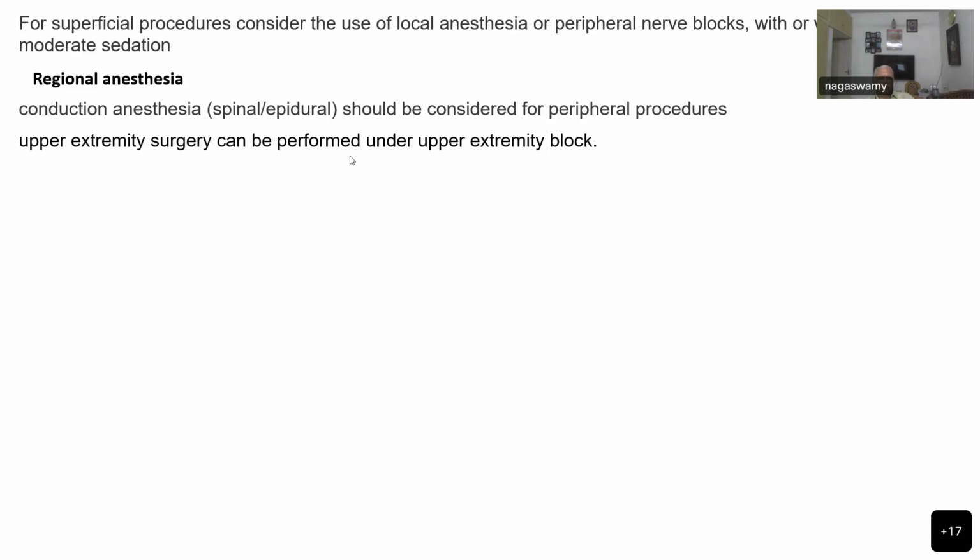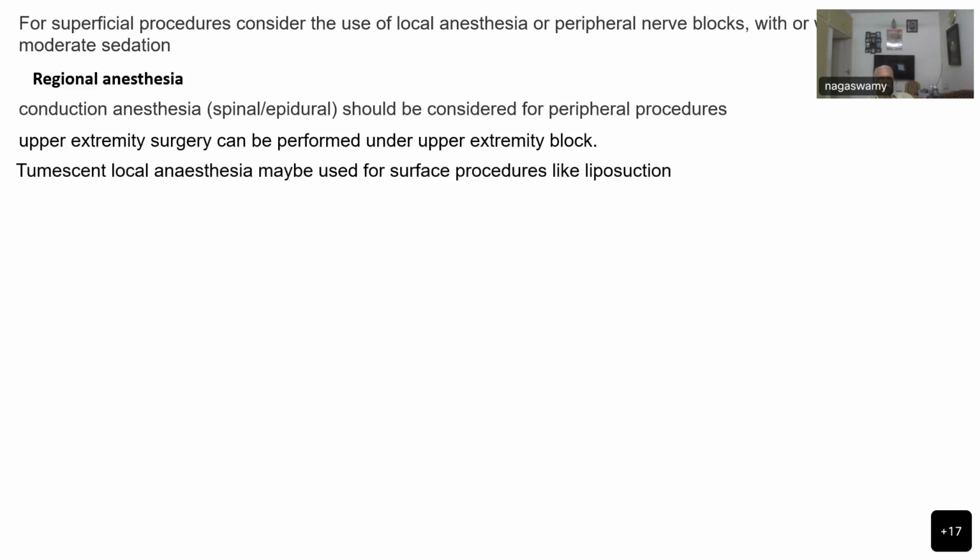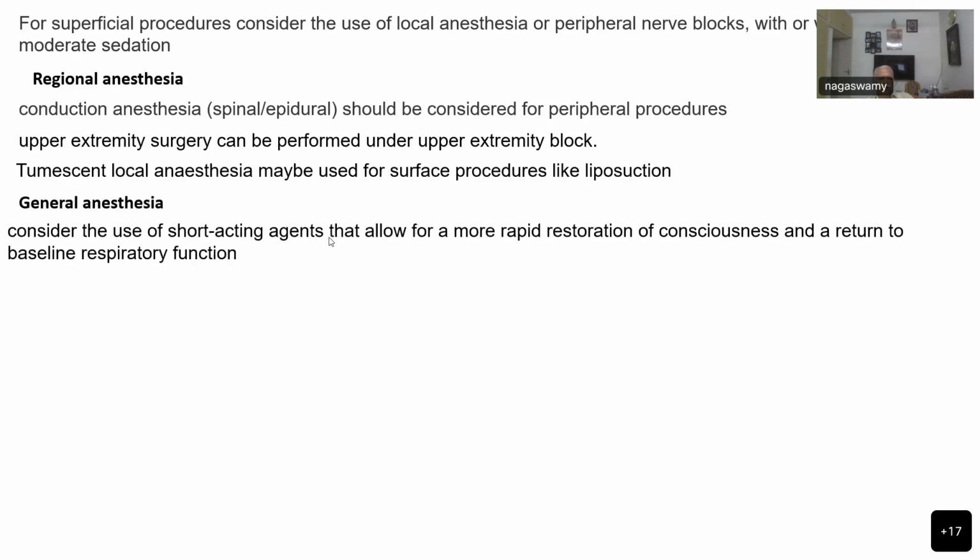Upper extremity surgery can be performed under upper extremity block for all OSA patients. And tumescent local anesthesia may be used for surface procedures like liposuction. So if you have a case of laparotomy with liposuction abdominoplasty, then tumescent local anesthesia definitely has a role. And coming to general anesthesia, use mostly short-acting agents that allow for more rapid restoration of consciousness and return of